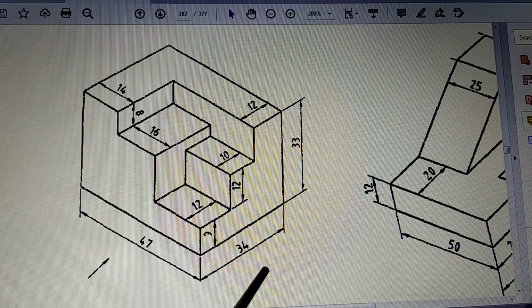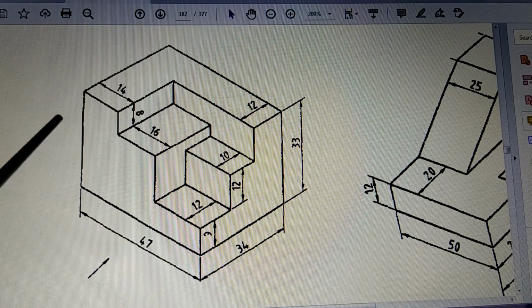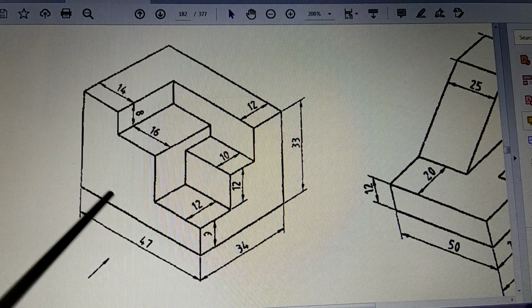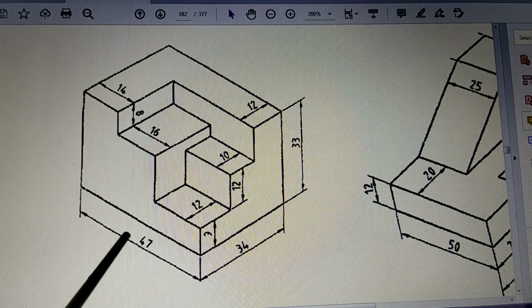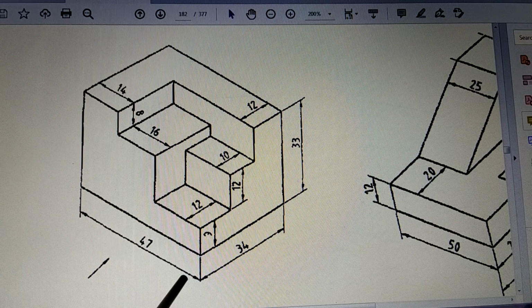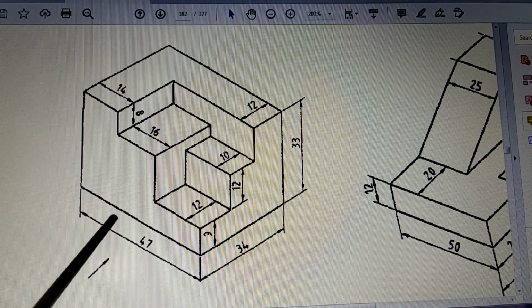So this is the first figure which I have just described to you. When you draw, you have to draw yourself by making use of these dimensions. Now since you have drawn so many problems so far, I don't think there should be any difficulty for you to draw. Only thing is you have to also keep in mind the line work. Line work means the object line has to be drawn properly with proper darkness, and then the other lines, like these dimension lines, should be drawn medium dark, and the construction lines which you draw for seeing that the top view is exactly below this.